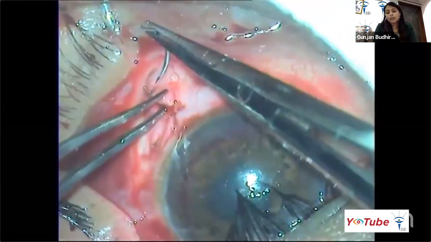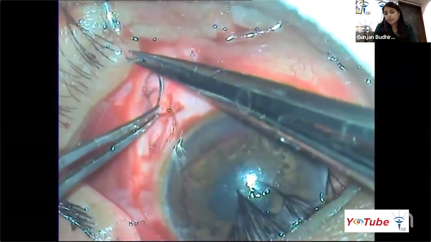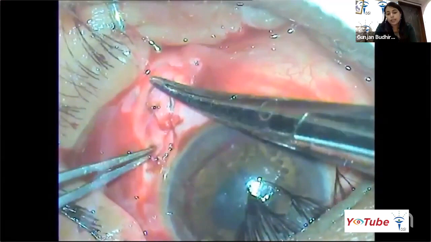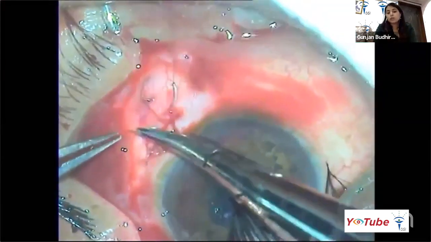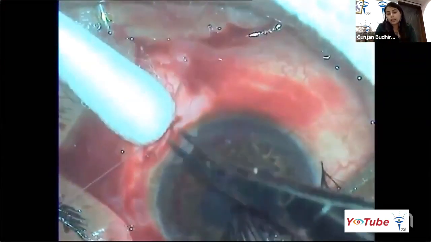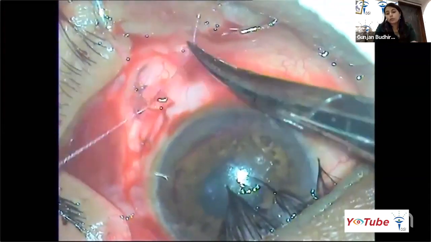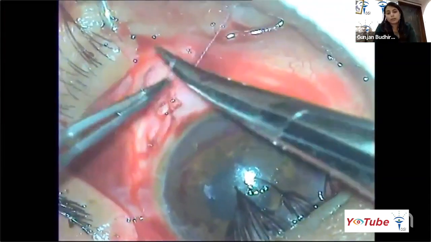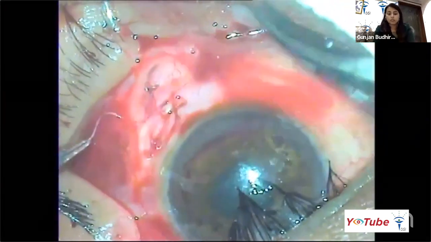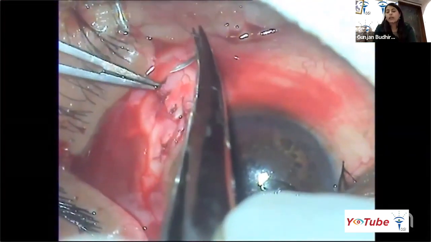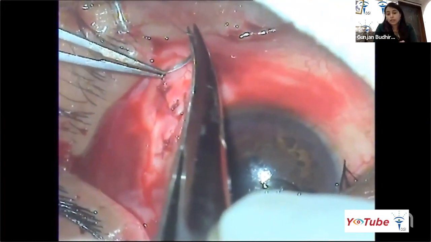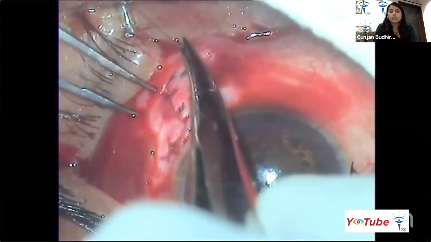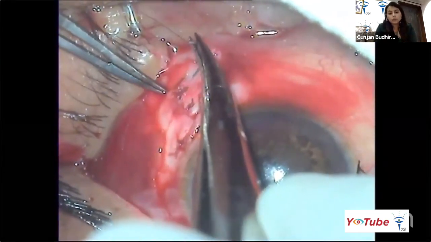Then we have to be very gentle as well, because we do not want to injure the tissue by tightening the knot again and again. So we have to see whether we require more sutures in that area. My golden tip is: please be gentle when you're dealing with such tissues, because if there is a loss of tissue, then you may need a scleral patch graft, which we do not want, if we can achieve tightness with only the sutures.